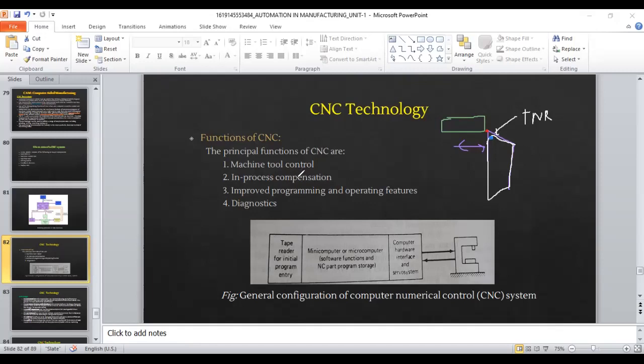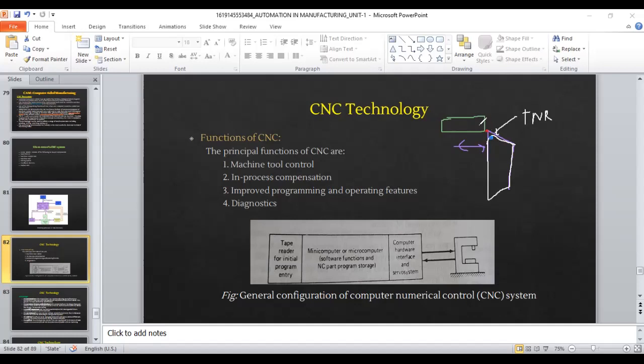What to conclude? If we are able to specify the tool offset, this offset of the radius, I am telling the control unit that because of the wear and tear, the tool tip is not there, it has shifted. I should specify the shift, 0.2, 0.3, 0.4, whatever the value is. If I specify that, it should be able to calculate what should be the change in coordinates. Now the part program will change, isn't it?